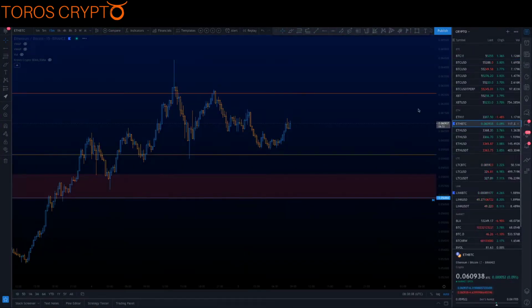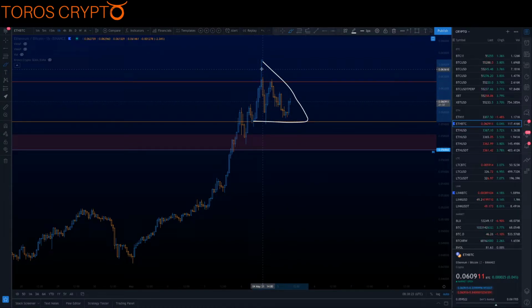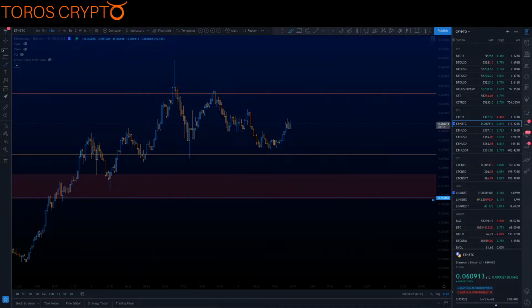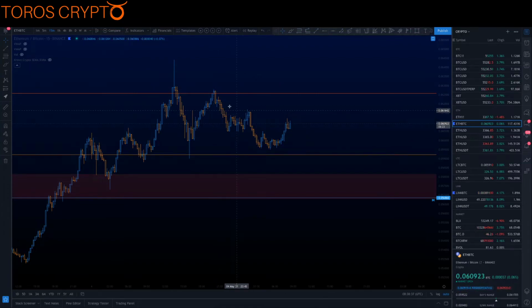Ethereum, still looking good enough here. Yeah, we're forming some bearish patterns here, so we do have this like descending triangle looking thing going on. If we move on to the 15-minute chart, we could probably draw a trend line. See, we've broken out of it if we do it this way. But yeah, at the moment, market structure is still on these lower highs, so we'll have to see how that